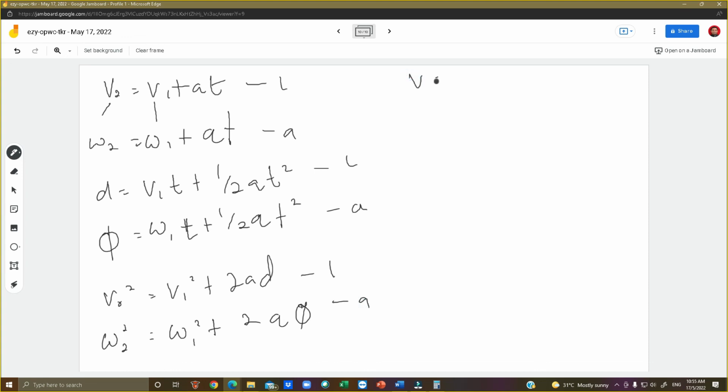Okay, V equals to displacement over time. Omega equals to theta over time. Linear, angular. Apa lagi kita ada? We have